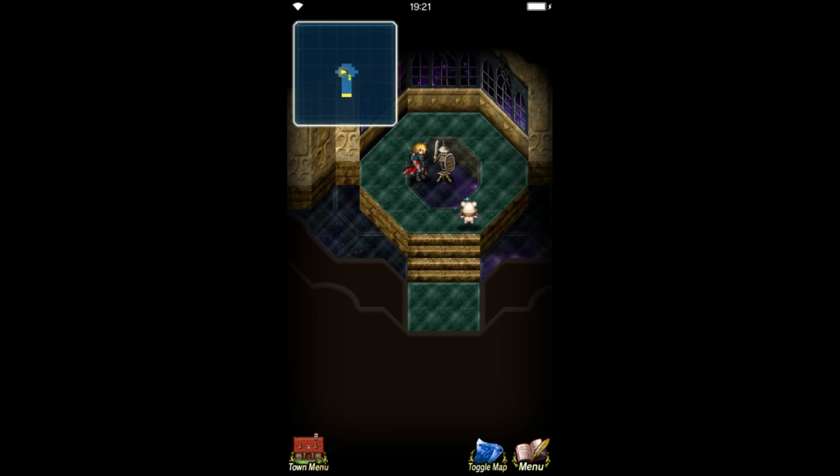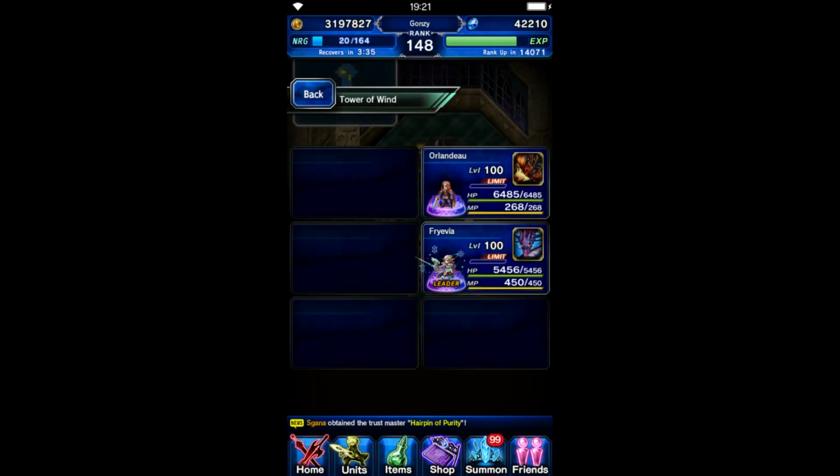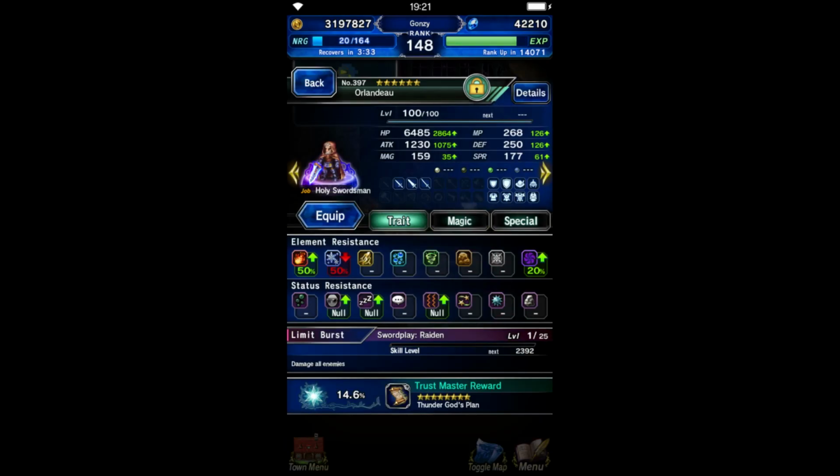So I mean, if you are lucky enough to have her and you've got some decent trust masteries for her, she's definitely the better of the two trainers to use right now for whatever content you can get them in. And if you're in 10 man, of course, you can't use duplicate units, so they definitely pair up really nice there for a lot of damage. Really, the best part about using Fryevia and Orlandu is she takes an entirely different kind of gearing than he takes, so they're not fighting over gear,